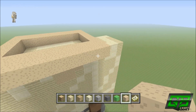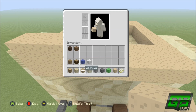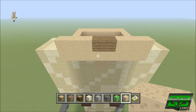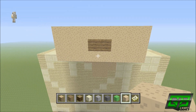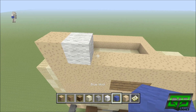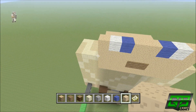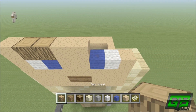So the first row is just solid mushroom, 8 mushroom. The second row is 3 mushroom, and then we need our spruce, 2 spruce planks, 3 mushroom. The next row is 8 mushroom. The next row is 1 mushroom, 1 white, 1 blue, 2 mushroom, 1 blue, 1 white, 1 mushroom. That's his eyes. For his eyebrows, we're going to do 1 mushroom, 2 oak logs, 2 mushroom, 2 oak logs,